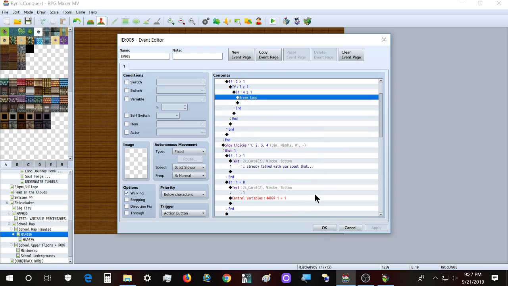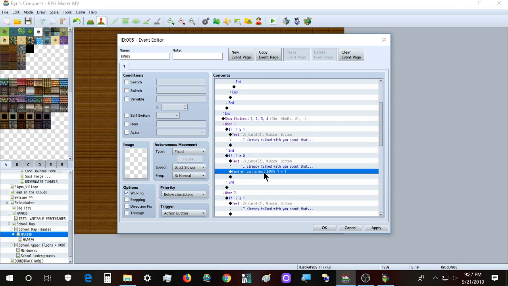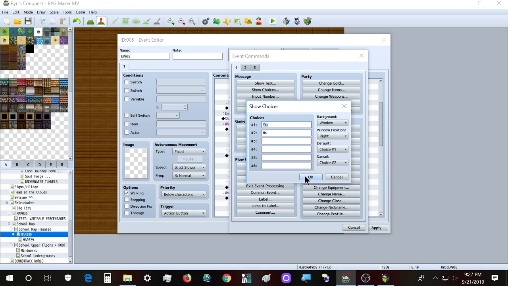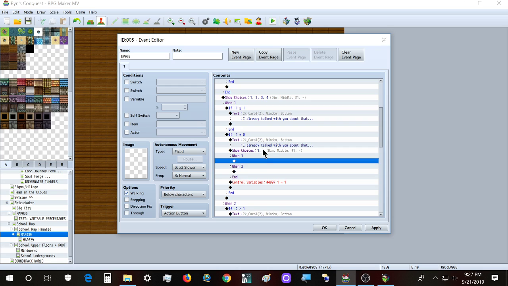Now, if you want to introduce a choice in a choice, for example, let's say instead of this text here, let's introduce, or let's leave the text actually, and let's introduce another choice in here. Let's say this one is smaller, like 1, 2, and 3. And again, I like it dim, middle, and disallow. Let's say 1 and 2 only. So we have 1 and 2,